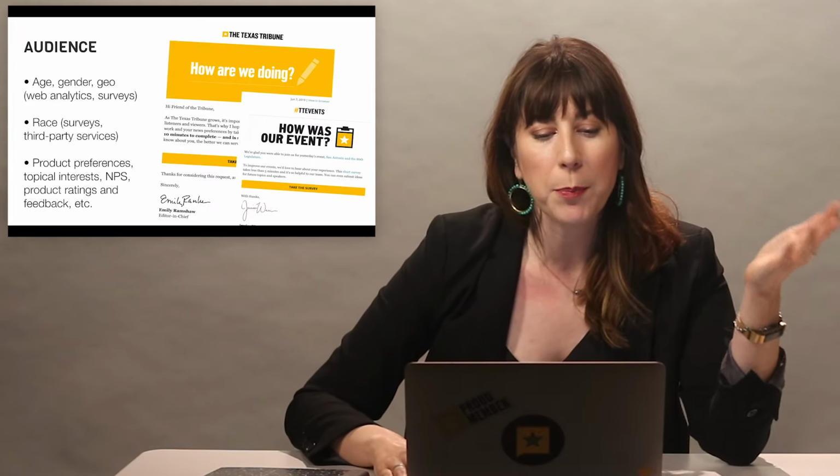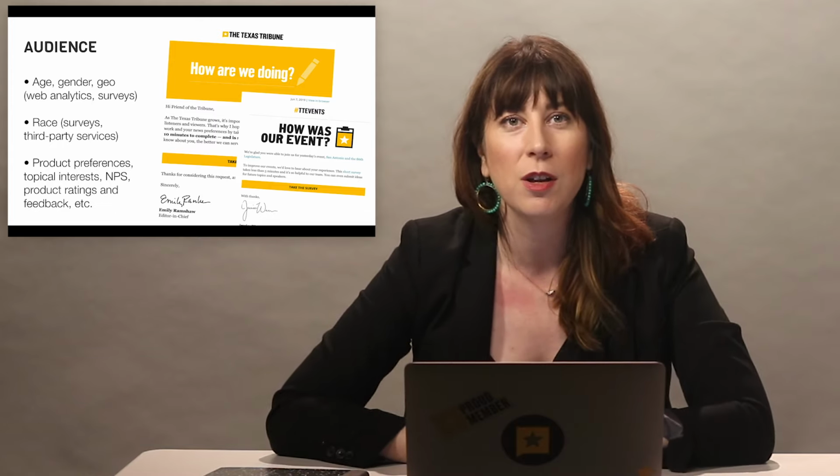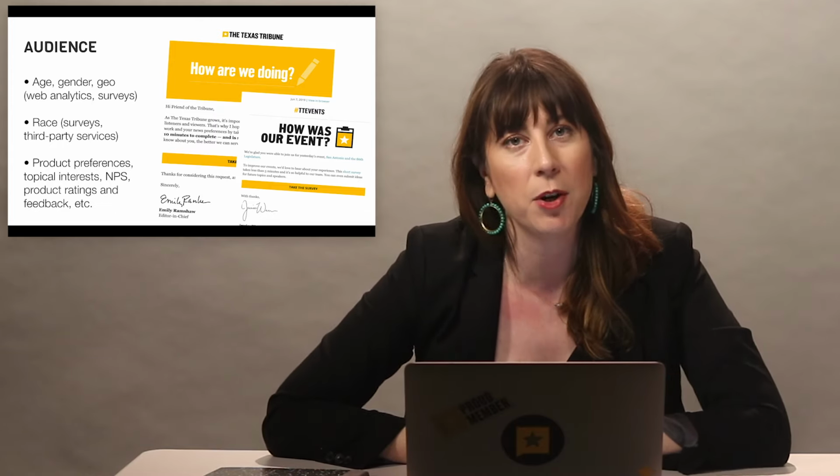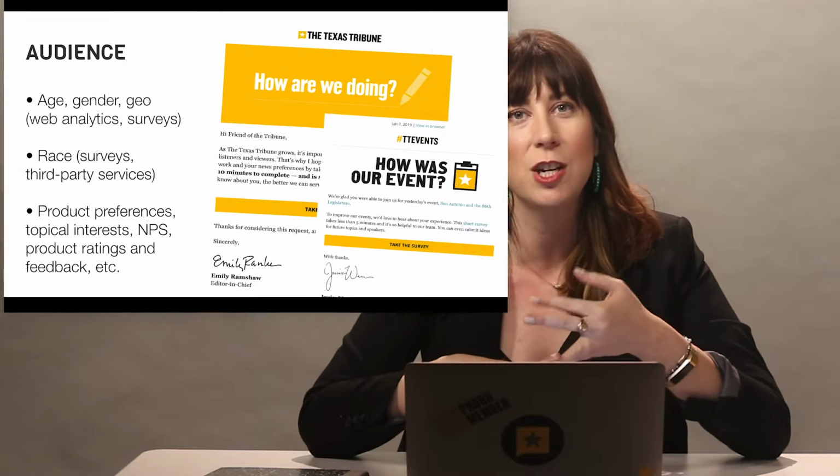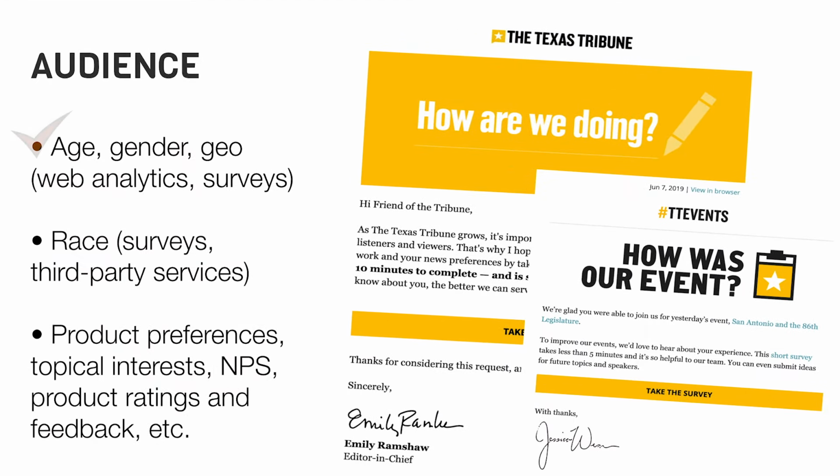So when we're talking about people, we definitely want to know the composition of our audience from a demographic standpoint: age, gender, geography. How do we do that? You can look at your website analytics. We use Google Analytics. You can find there that they have a lot of estimated demographic information. What they don't have, for good reason, is race demographics. If you want to get at that, and also to be able to get a little bit more information than you can get from some of these analytics sources,